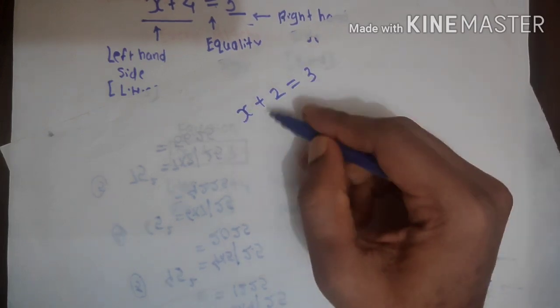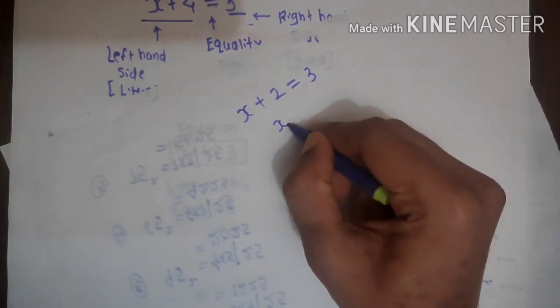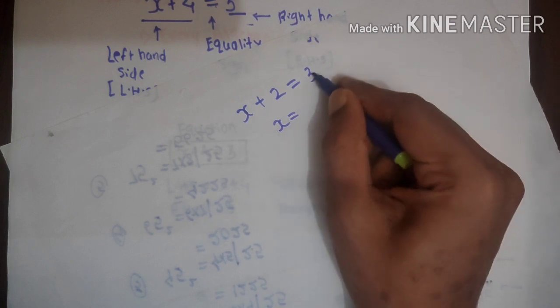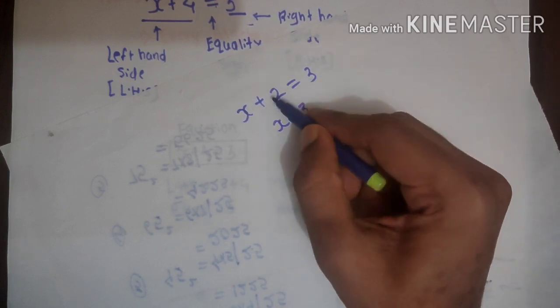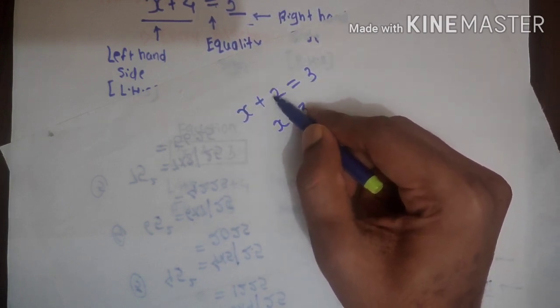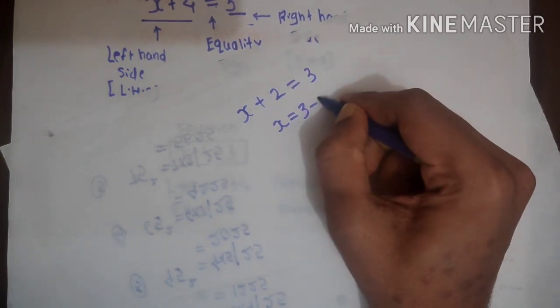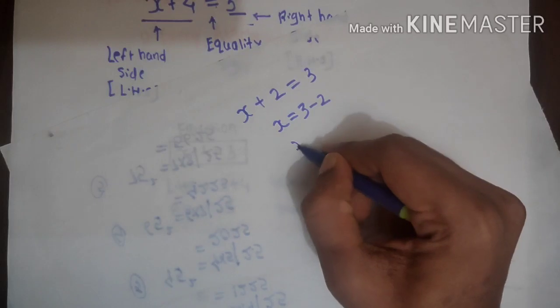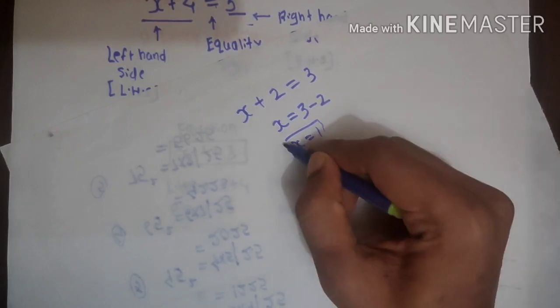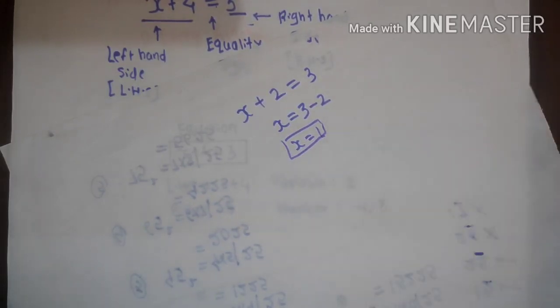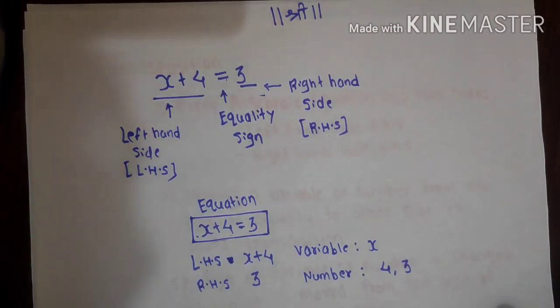Now let's do this. This x will be as it is, this equal to will be as it is, this 3 will be as it is. Now we are transposing or moving plus 2 from left to right, so its sign will become minus 2. Here the answer of x will become 1. Okay, so this is called a transposition. Now let's see some theory part.